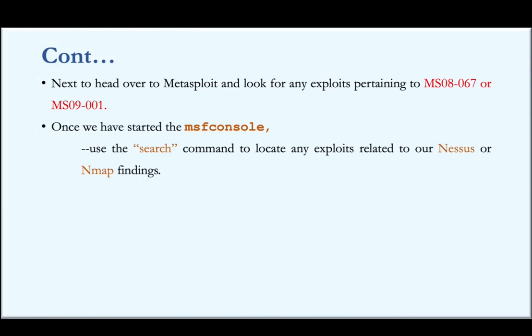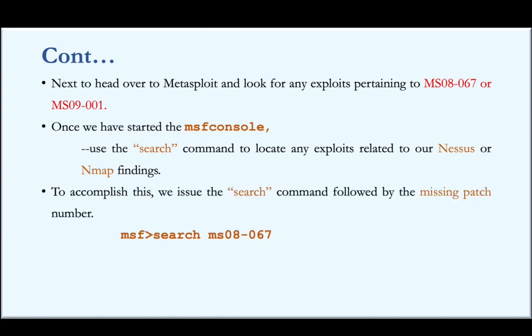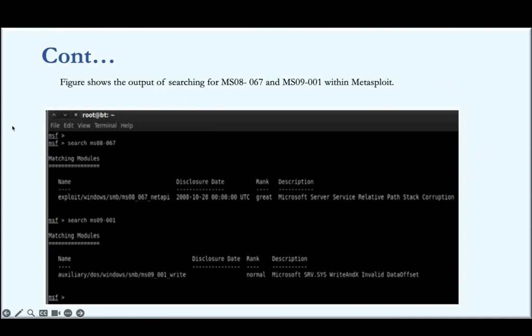The Metasploit modules are exploit modules. So then we use this command to locate any exploits which are related to our Nessus findings or Nmap findings. To accomplish this, just give the search command in the MSF command prompt, the keyword search with the missing patches. Metasploit will search through its information and return any relevant information it finds. So then, on Kali Linux, you issue the command search